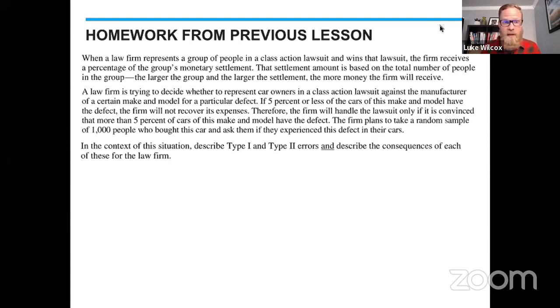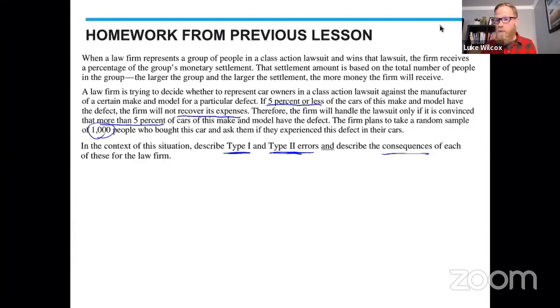A law firm is trying to decide whether to represent car owners in a class action lawsuit against the manufacturer of a certain make and model for a particular defect. If 5% or less of the cars of this make and model have the defect, the firm will not recover its expenses. Therefore, the firm will handle the lawsuit only if it is convinced that more than 5% of the cars of this make and model have the defect. The firm plans to take a random sample of 1,000 people who bought the car and ask them if they experienced this defect in their cars. So in the context of this situation, describe a type 1 and a type 2 error and describe consequences of